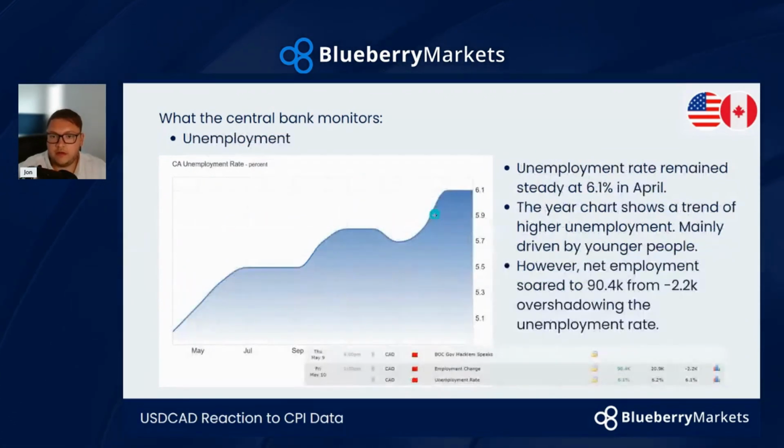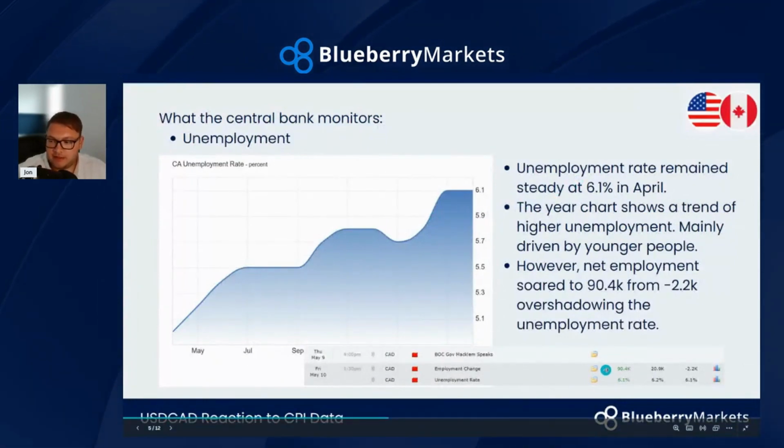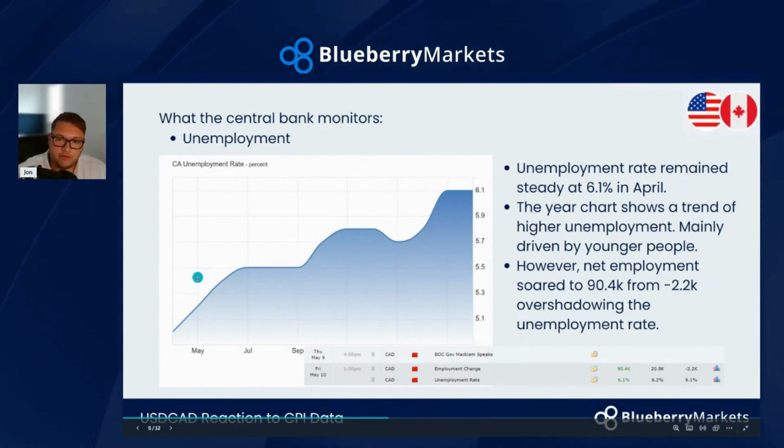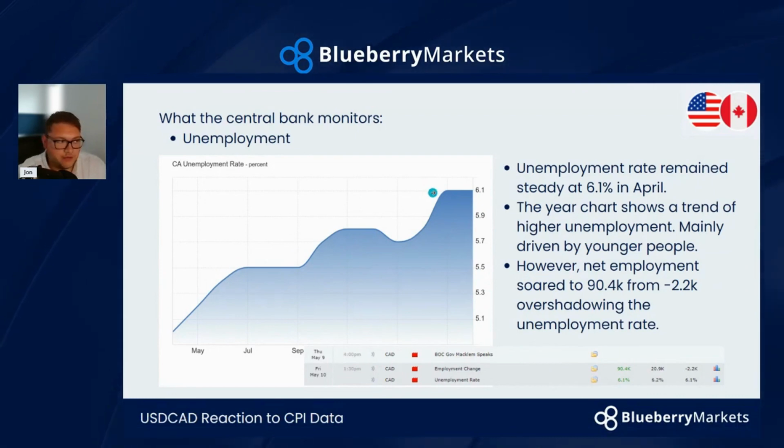Going on to the unemployment rate. Like I said, we've had that shock employment change, which really overshadowed this higher unemployment rate. The unemployment rate at 6.1% is the highest it's been in 2 years. So that would usually have a negative impact on the Canadian dollar. But obviously, we're not really seeing that impact right now. Dollar CAD prices are moving lower at the moment towards that 136 handle, which we'll go have a look at in a little bit. But essentially, this was overshadowed by stronger jobs.